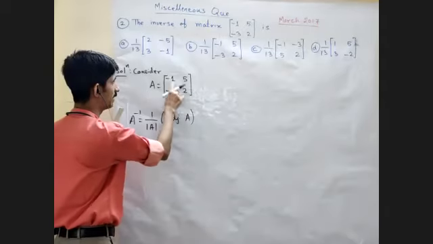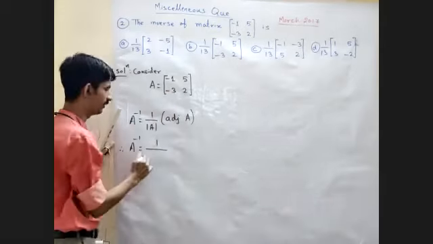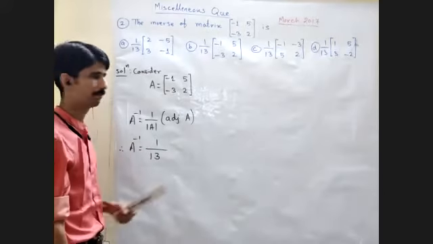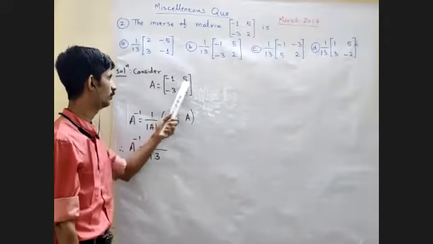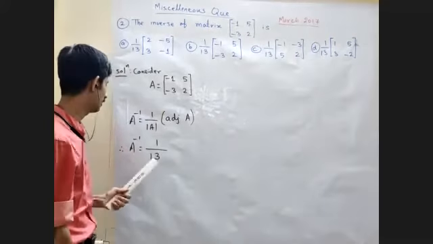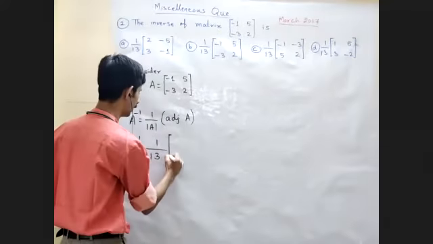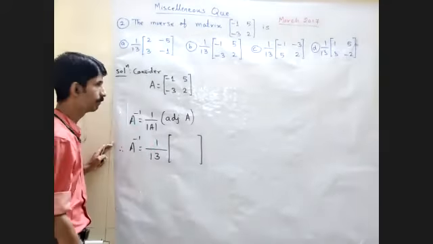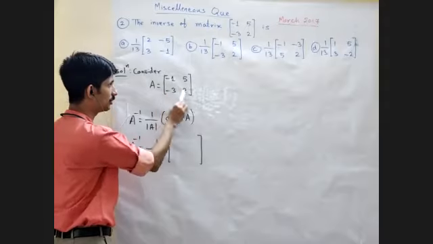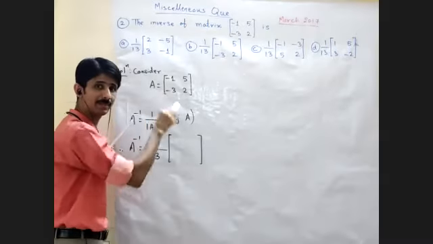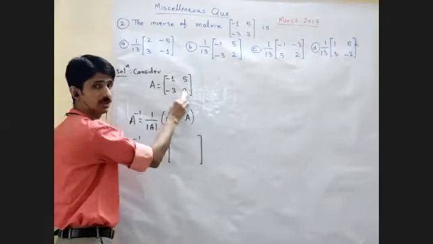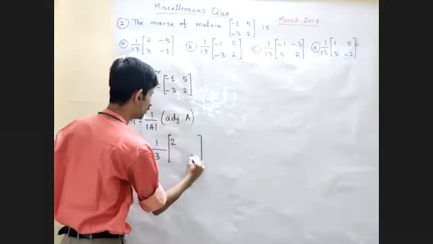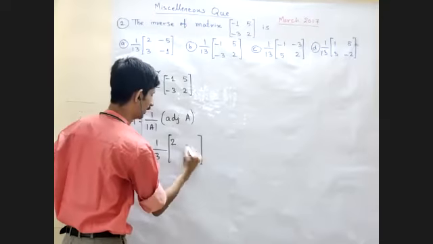Yes, correct. -2 and +15. So value of the determinant is nothing but 13. -2 +15. So value of the determinant is 13. अभी देखो adjoint of A निकालने के लिए क्या करने का है? To find out adjoint of A, we have to interchange these two elements. ये जो diagonal elements होते हैं ना, इनको हमें interchange करना पड़ता है. तो -1 and 2 will get interchanged and will become 2 and -1.